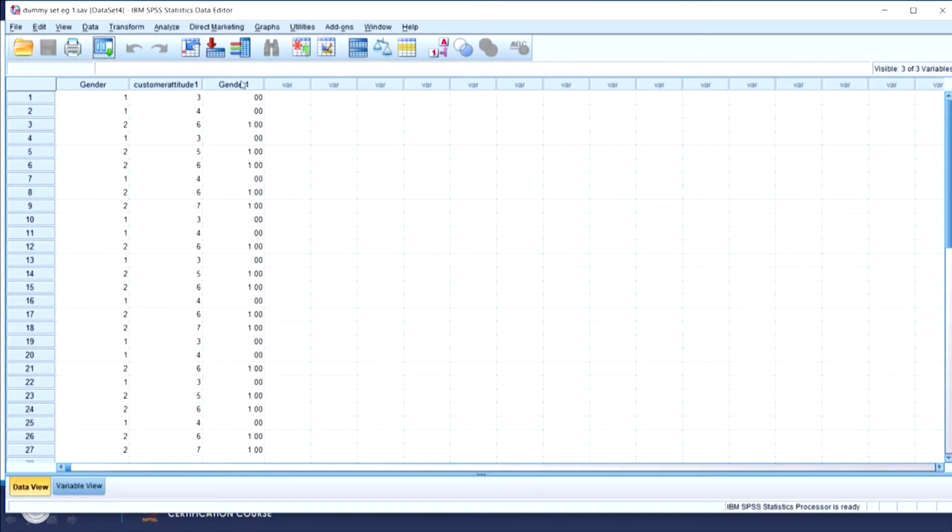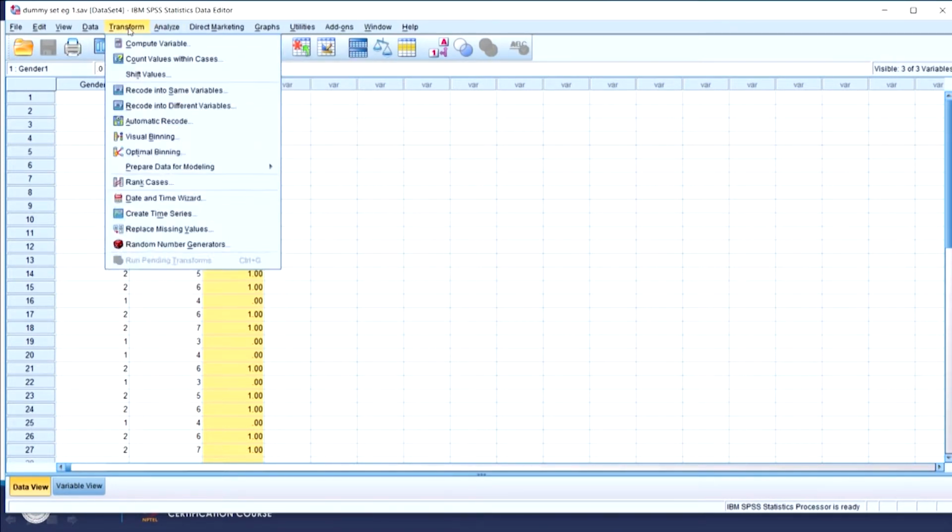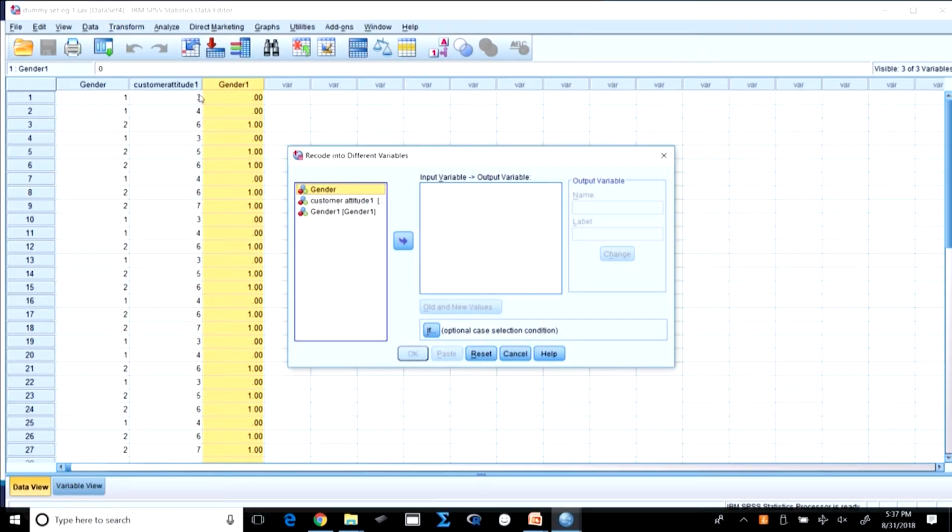This is the one which I had already done. I may delete it, or I can do it again with a different name. Let us go to analyze, transform, and then recode into different variables. What do we want to change? Gender. Now, what do you want to name it? You have to give a label.